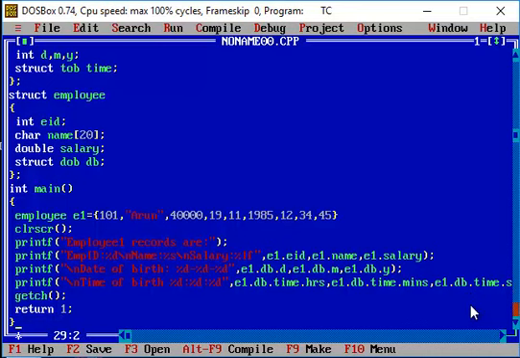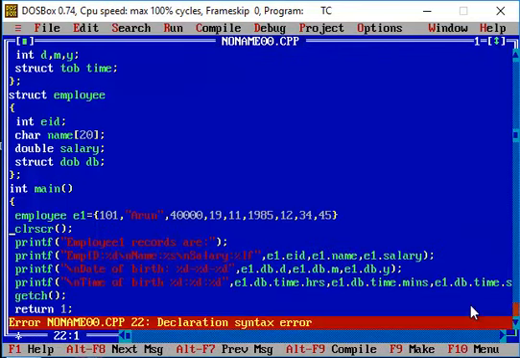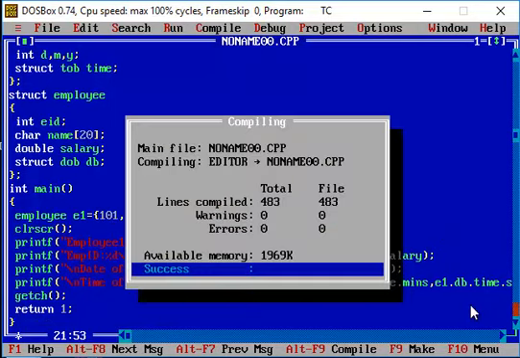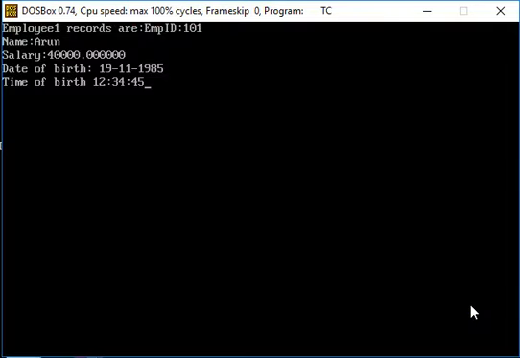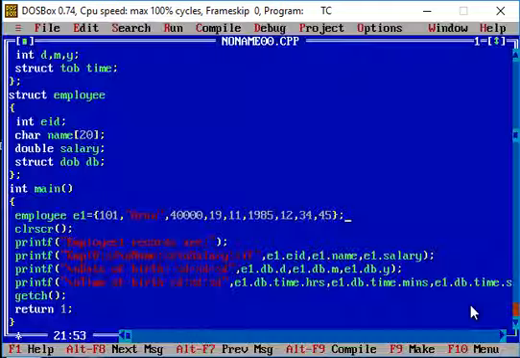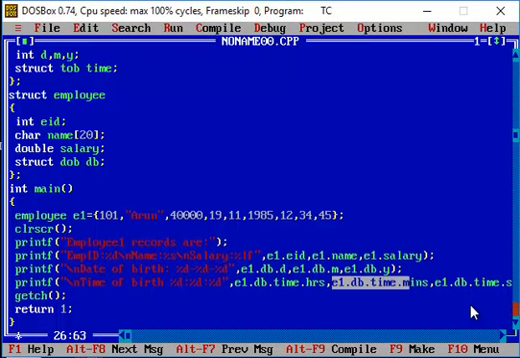So when I'm trying to run this piece of code, okay, I have missed out the semicolon. Now when I run the code, whatever values you have directly assigned during the structure variable declaration, all these values are being retrieved. The only thing we need to understand is that we can access the nested structure through the structure variable first, followed by the dot operator, and then the structure member that is present, and again the corresponding structure member. So this is very, very important in order to access the nested structure elements.